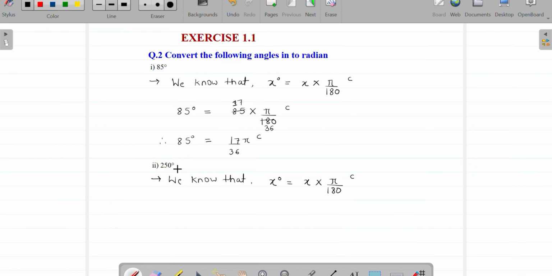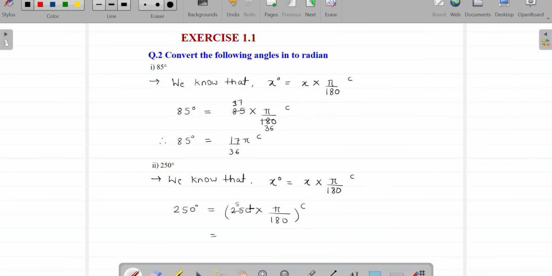To convert degree measure into radian measure, we have to multiply given angle by pi upon 180. So given angle is 250 degree, which is equals to 250 into pi upon 180 radian, which is equals to